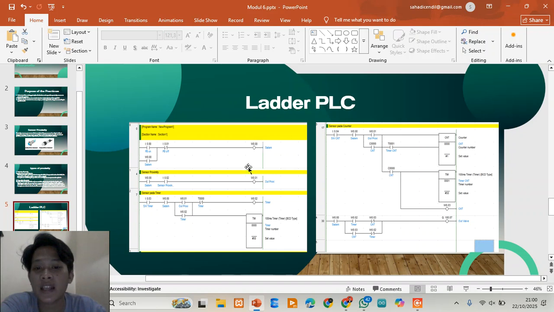The proximity sensor detects the object and sets the proximity sensor V001, and the timer T000 begins counting, generating V002 after 5 seconds.